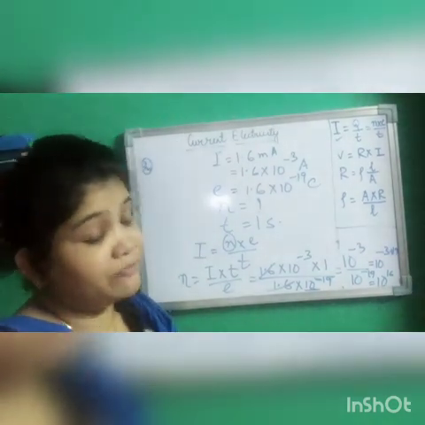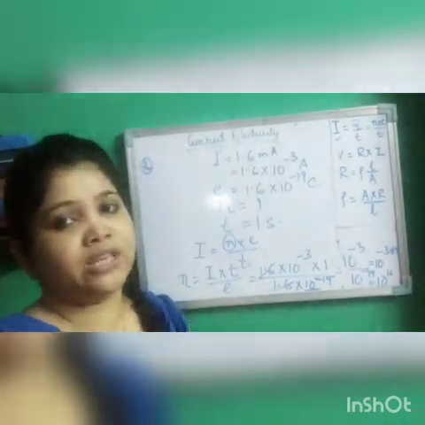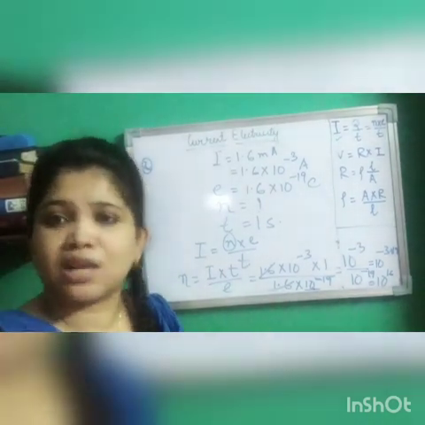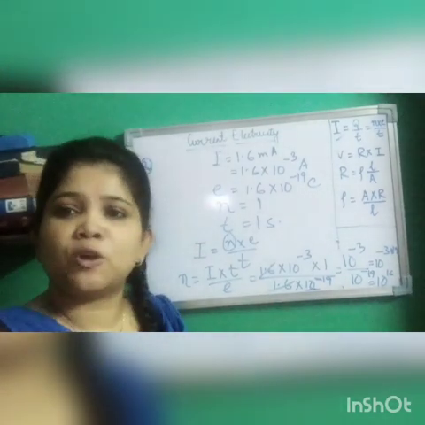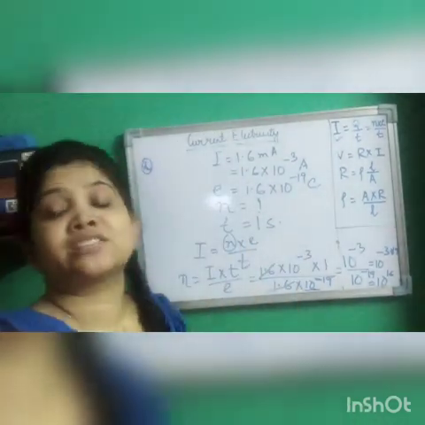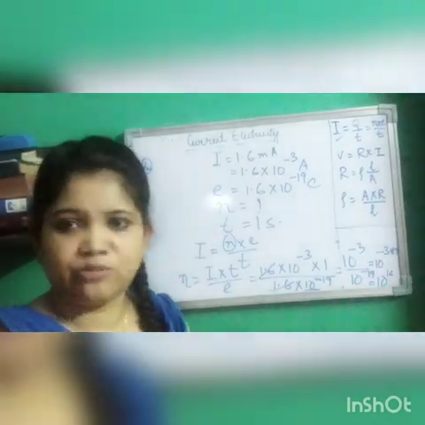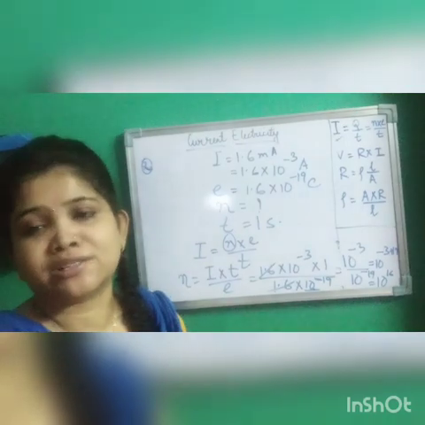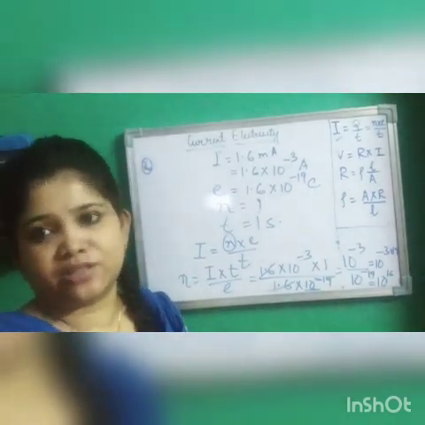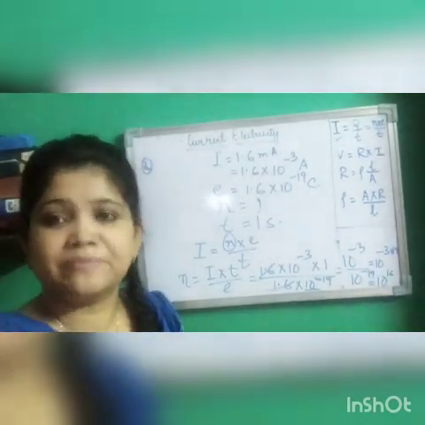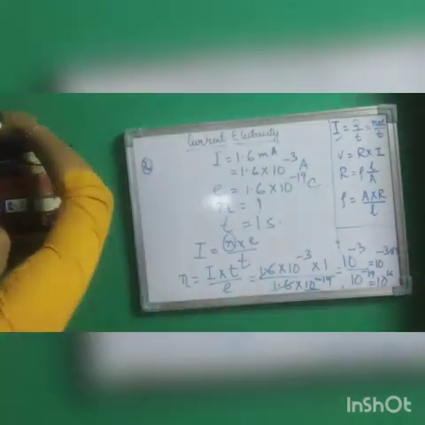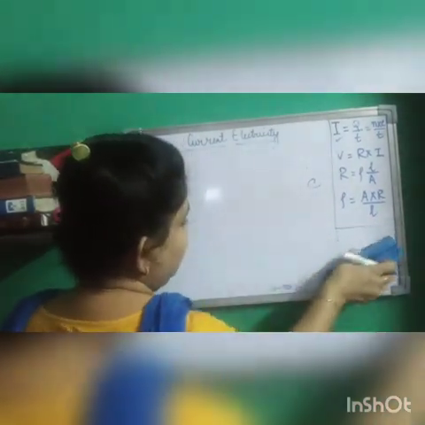Okay students, so be very careful with the units. If you make mistakes in units, your sum will also be wrong. Always, as I told you in the class also, please convert all the quantities which are given to you, either into SI units or CGS units. You see which unit is in the maximum quantities, and convert everything into the same unit, because if you convert the units into the same, your sums will become easier and correct. Okay. Let's move to the third sum. I hope you have understood these two sums which are based on current.